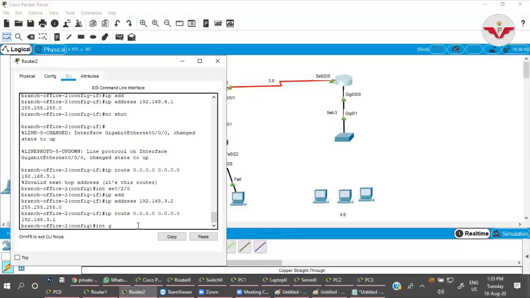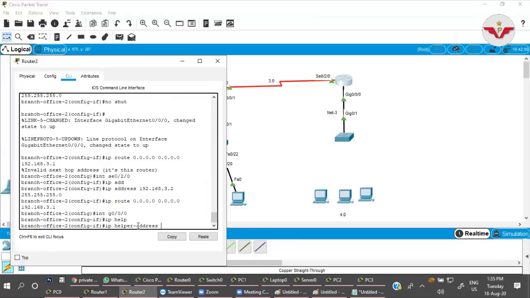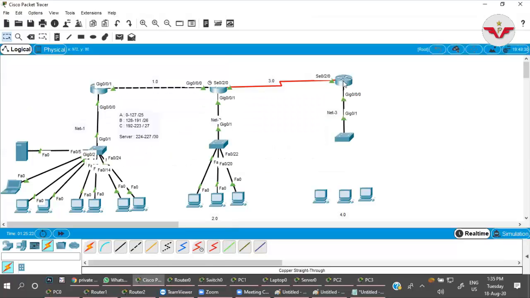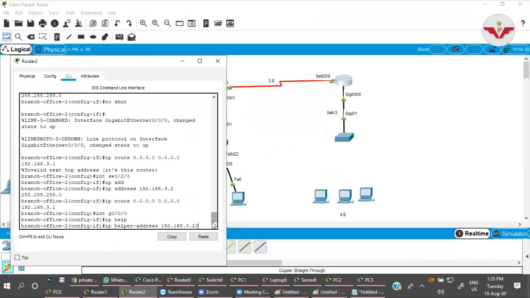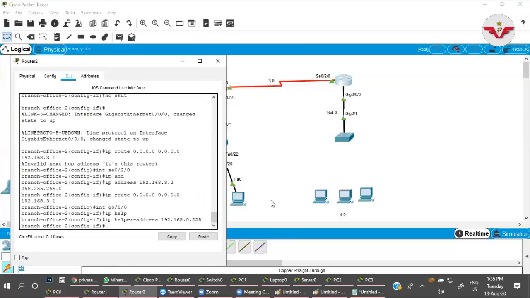So int z 0/0/0, IP helper address 192.168.0.225. Any IP on that router, like 0.129 or 0.1, or 1.1 as well, will work. So 0.225, done.